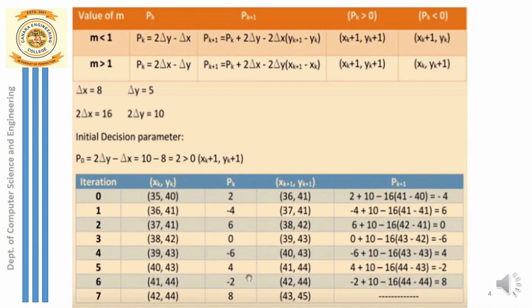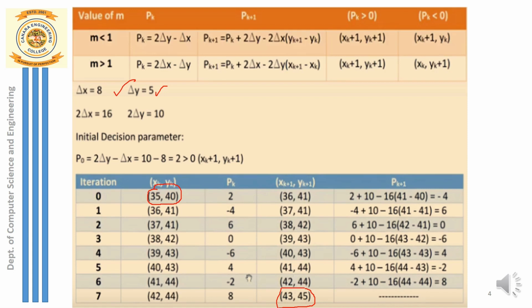We have now calculated delta x and delta y. So keep it ready. What is the delta x value? The very first end point that we had was 35, 40, and the last end point that we have here is 43, 45. So these 2 points are given to you: 35, 40 is x1 and y1, and 43, 45 is x2 y2. What is our delta x? Change in x, x2 minus x1, that is 43 minus 35, equal to 8. What is delta y? It is 45 minus 40, and that is equal to 5.